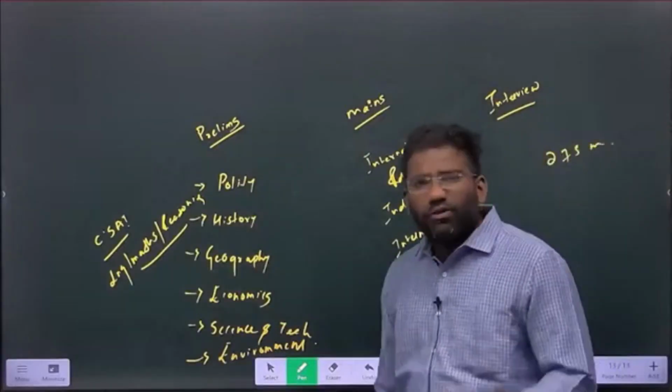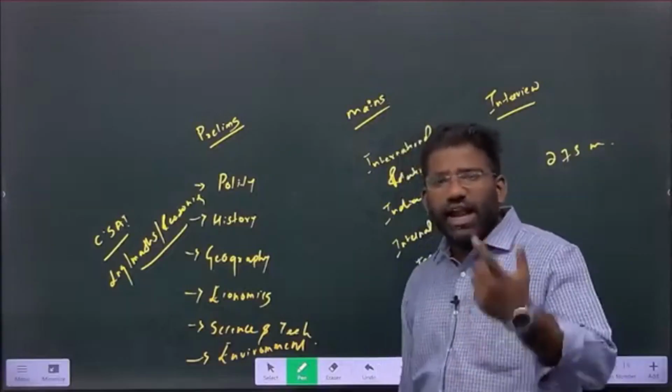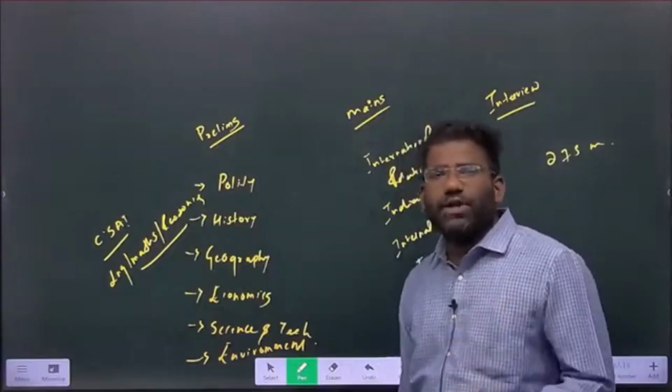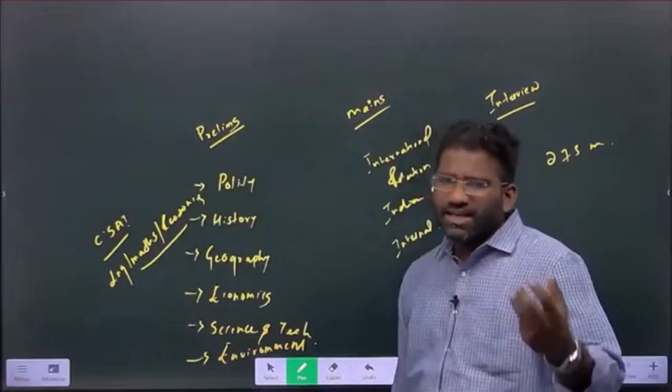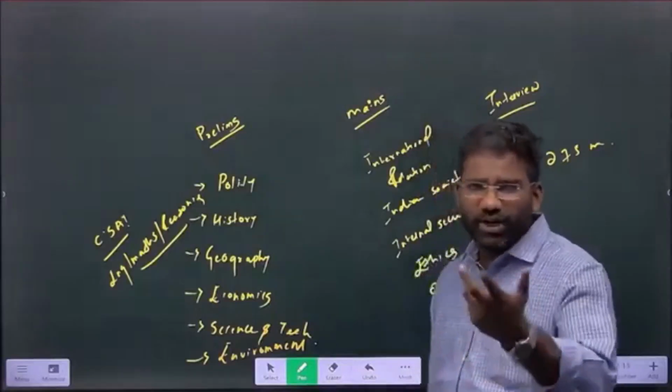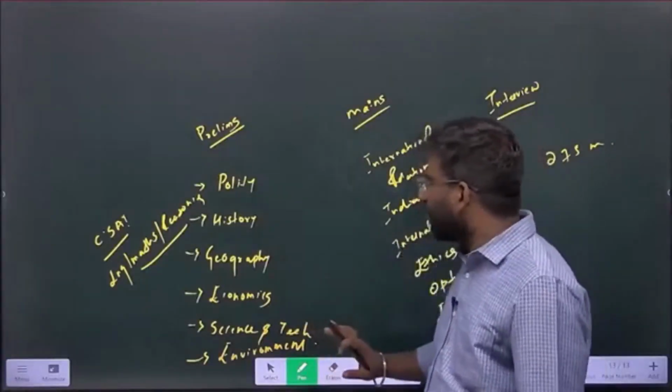अब हिस्ट्री में फर्दर क्लासिफिकेशन हो सकता है, एंशिएंट हिस्ट्री, मिडाइवल हिस्ट्री, मॉडर्न हिस्ट्री, वर्ल्ड हिस्ट्री, आर्ट एंड कल्चर. ये सारे क्लासिफिकेशन आपकी हिस्ट्री में, पोस्ट इंडिपेंडेंस, ये सारे आपके हिस्ट्री में क्लासिफिकेशन हो जाएगा.